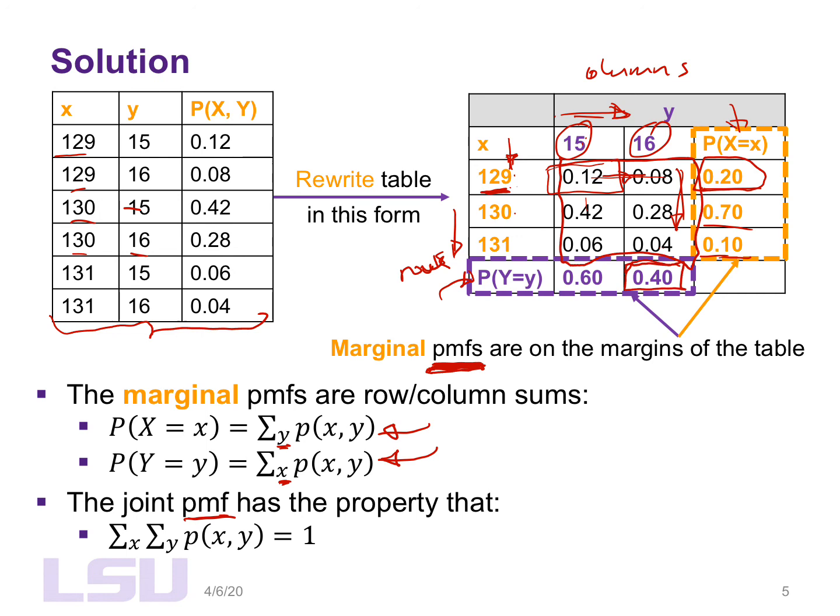The property of the joint probability mass function is that you can sum across both rows and columns, sum everything up, and it is going to be 1. And we already know the marginal probabilities also will sum up to 1, which is what you see. 0.6 plus 0.4, 1. 70 plus 20 plus 10, 100%. And that brings us to the end of this